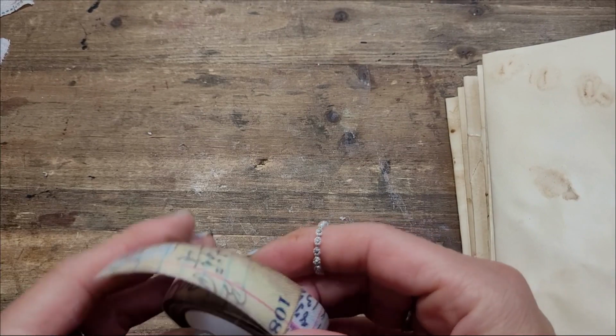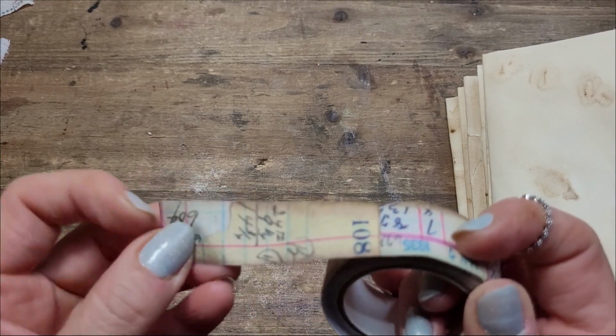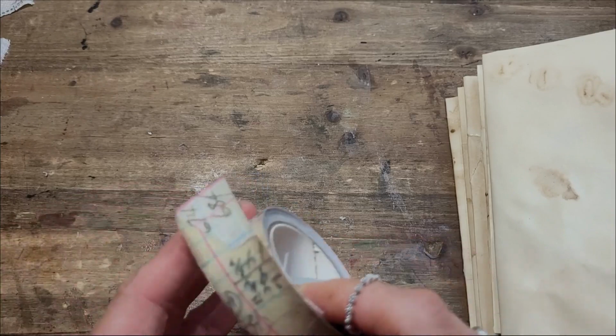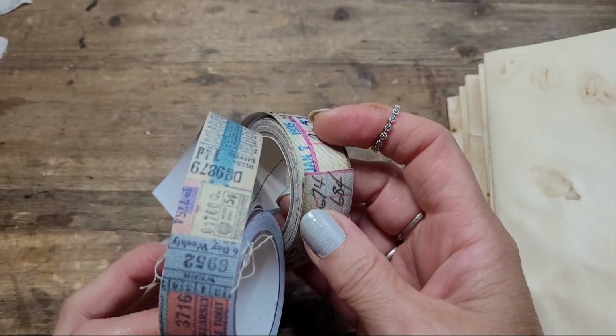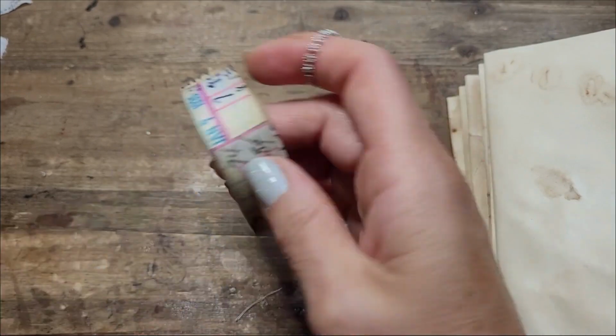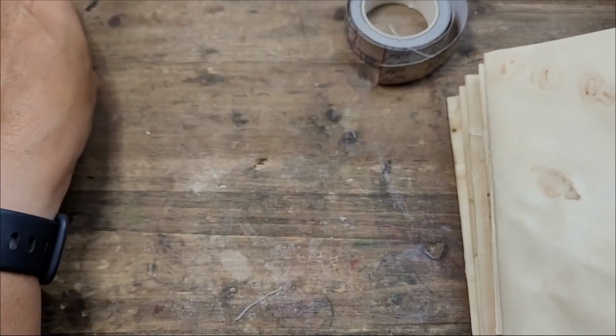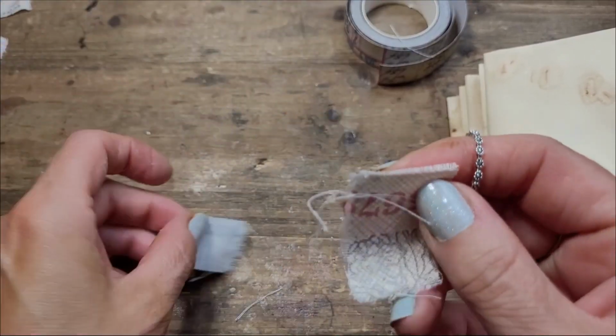So you have options. You can use already glued fabric tape as such. They're just like washi, except they're fabric. I have this one, and I have this one. I think today I'll use this one. And if you don't have this, which I didn't the first time, especially in the video I showed you